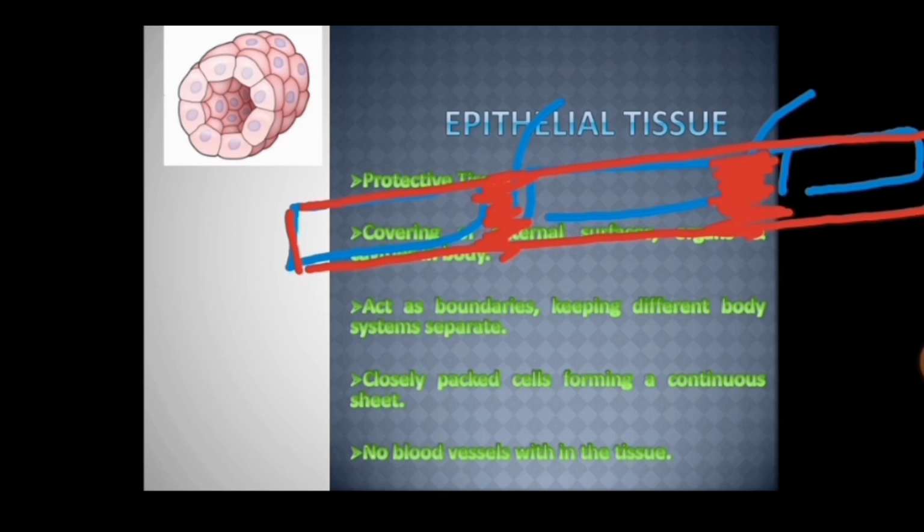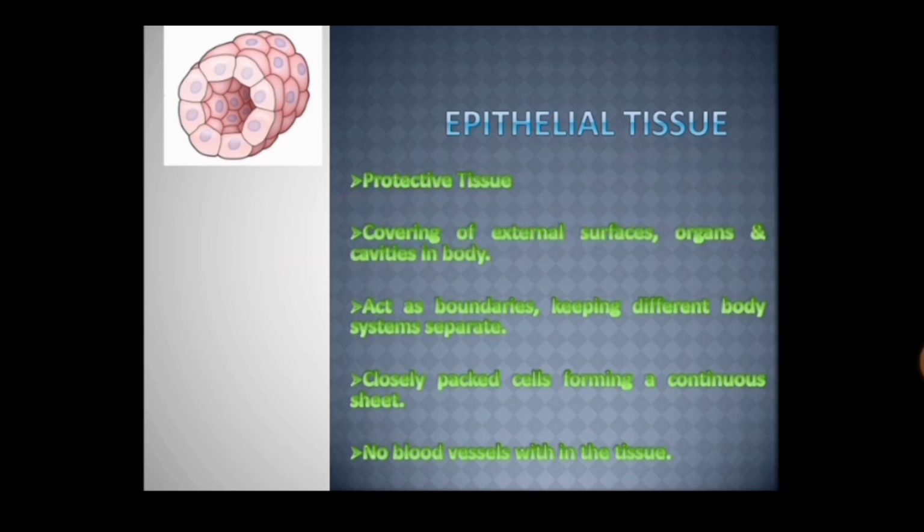तो उसी तरीके से जब हम बात करते हैं एपिथेलियल टिश्यू की, तो एपिथेलियल टिश्यू में इंटरसेलुलर स्पेस नहीं होता। वो इसलिए नहीं होता क्योंकि आउटर प्रोटेक्टिव कवरिंग होती है हमारी बॉडी की, जो एक बाउंड्री की तरह वर्क करती है।